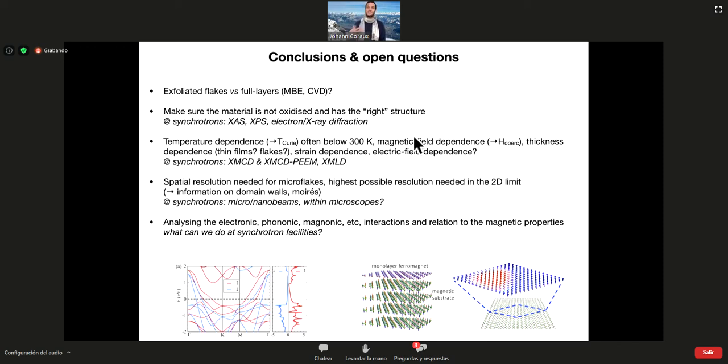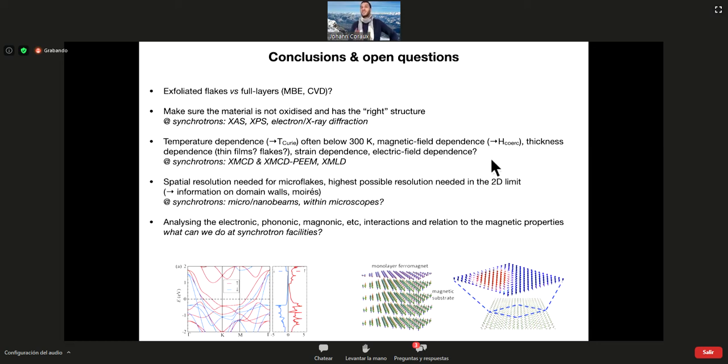So XMCD beam lines are especially suited for that, but when you want to couple that with imaging, it's getting more complicated, even though you can still do it at decently not too low temperatures, I would say. But then you would like to address many dependencies of the properties of these films or flakes. What happens when you change the magnetic field? You would like to do that in situ, which is possible with some special sample environment, I know. You would like to address the thickness dependence, strain dependence maybe, that we've heard about in the very first talk, I think. The electric field dependence is also something definitely you want to address.